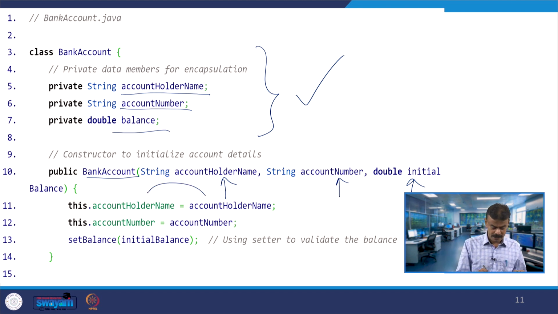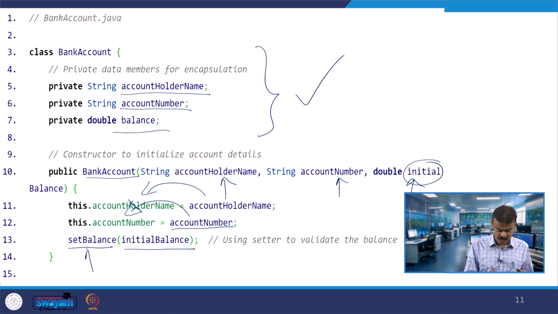Account holder name will be assigned to this dot account holder name, account number is assigned to this dot account number, and the initial balance that is passed is going to call the function set balance, exactly like the previous program.